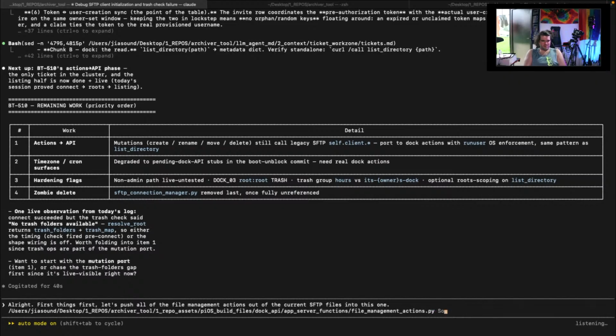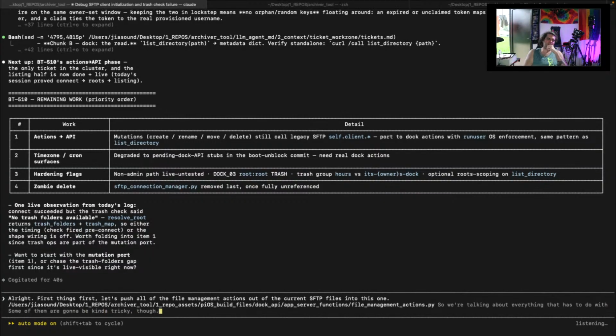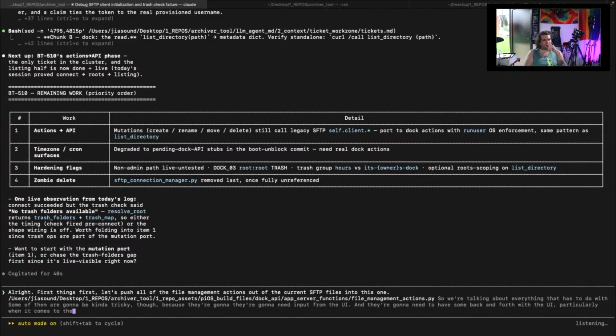So we're talking about everything that has to do with some of them are gonna be kind of tricky though, because they're gonna need input from the UI, and they're gonna need to have some back and forth with the UI, particularly when it comes to the move functions, and then